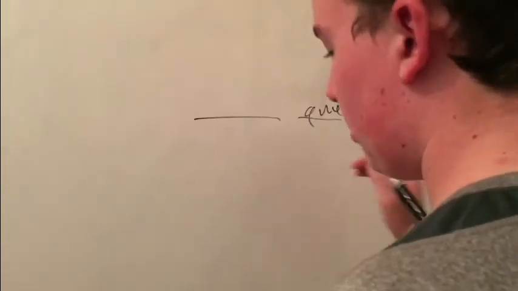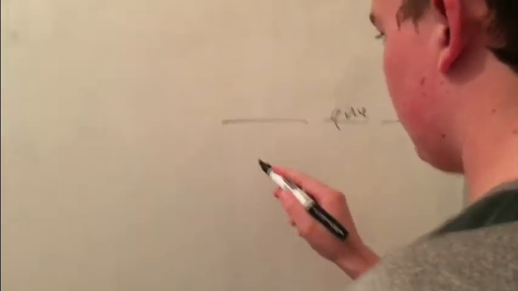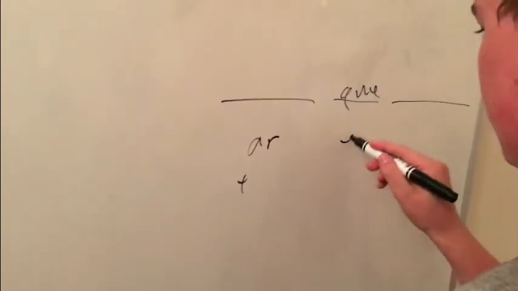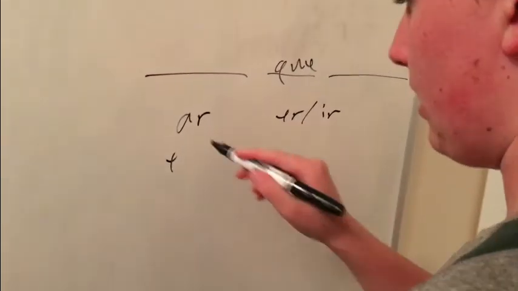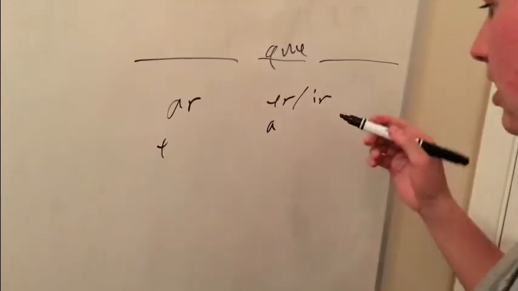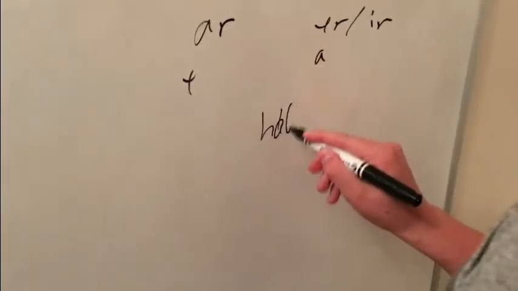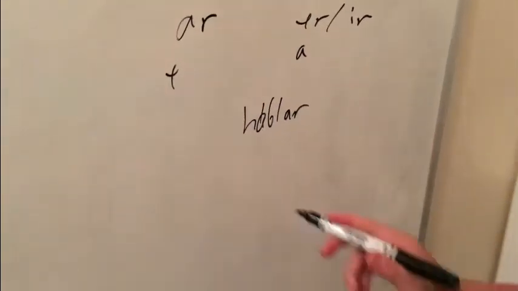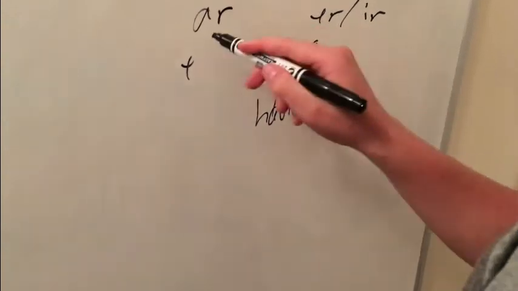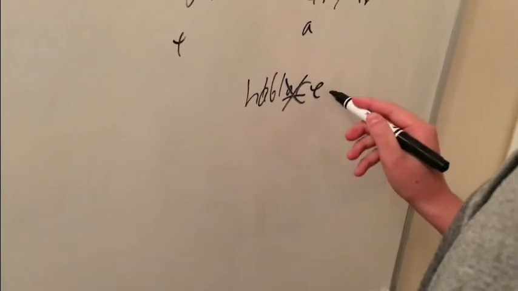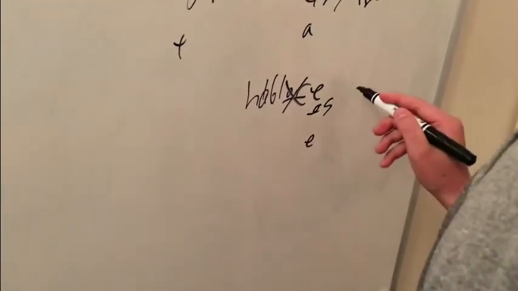So you have your AR, ER, and IR verbs. AR will end in E, so it'll be e, es, e, emos, en, and then your ER and IR will just end in the A, so it'll be a, as, a, amos, an. So we'll take hablar. Hablar is an AR verb, and it'll take the AR ending, so it'll end in E. All you do is you just drop this off, and you replace it with e, es, e, emos, and en. Done. That's basically how your regular verbs are gonna go.